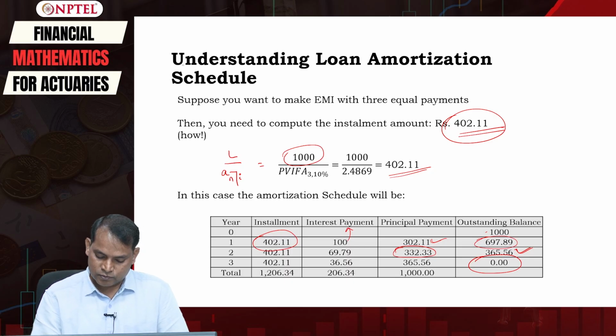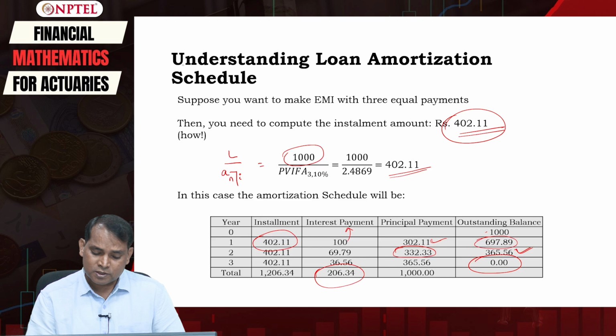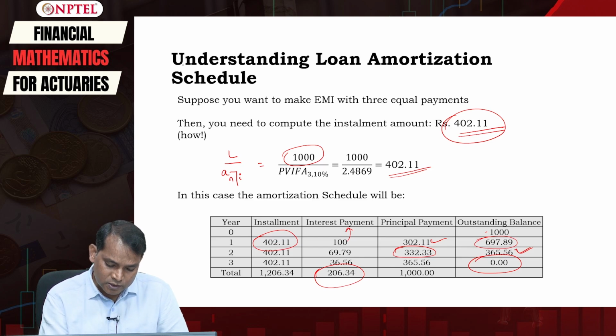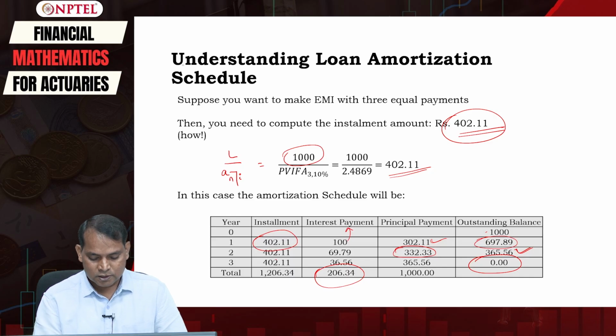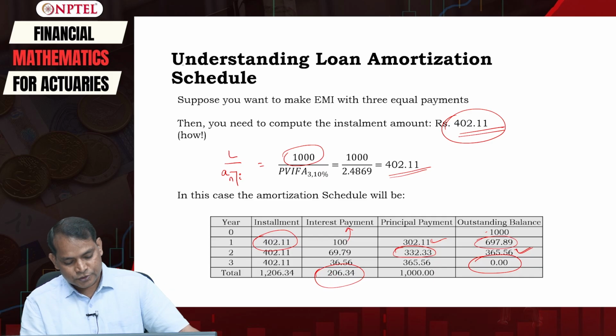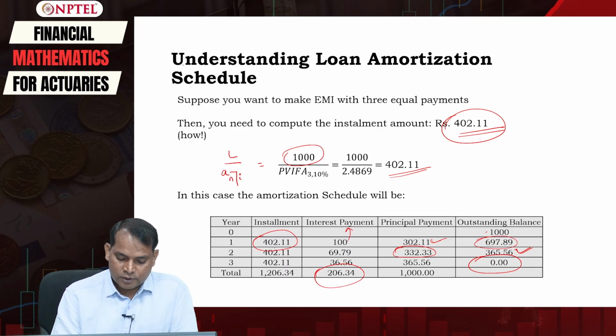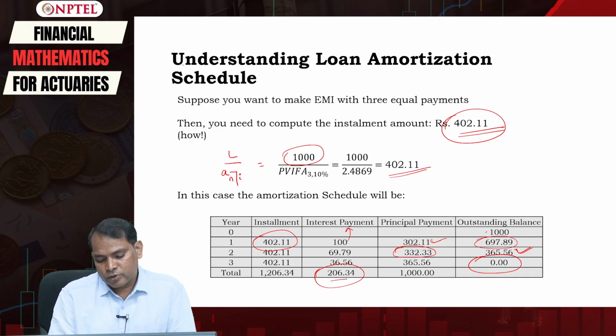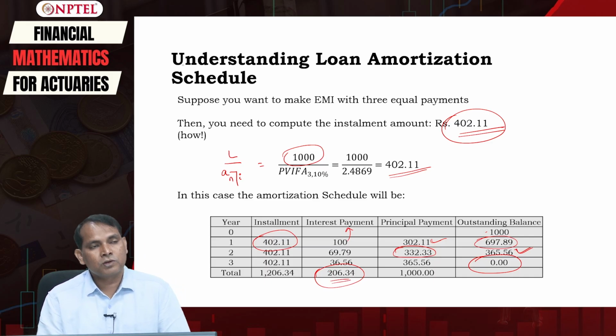So here, how much have you paid? What is the total interest payment? The total interest payment you have made is 206.34. Previously, if you were not making the equated payment, that is, if you were making 200, 500 and the rest, then you were actually paying a higher amount than this, that is 239. But if instead you like to pay an equated installment, then your cost of borrowing is actually reduced. This is one of the advantages